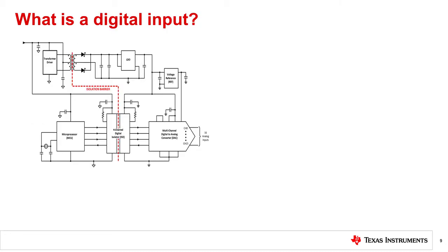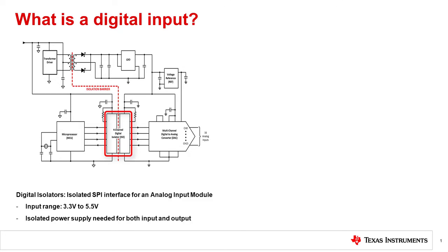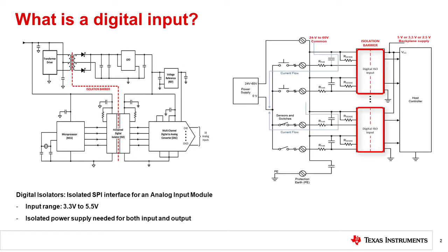In the previous Precision Lab about digital isolators, we shared a diagram of a typical digital isolator use case and highlighted that digital isolators sit between MCUs, FPGAs, and ADCs to prevent exposure to the potential risk of a high voltage event. The signal range for digital isolators falls into the TTL and CMOS logic ranges of roughly 3.3 to 5.5 volts. The isolated digital input is a little different.